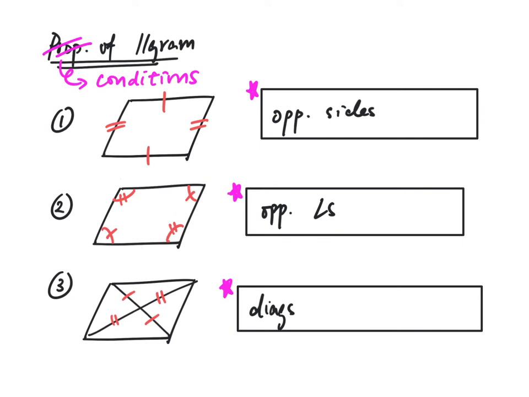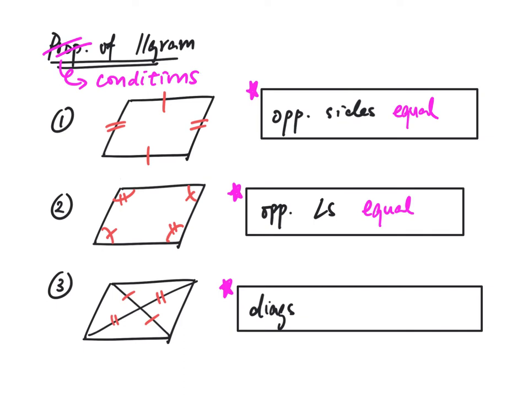And now in conditions of a parallelogram, we're going to prove that a quadrilateral is a parallelogram. We take a look at the converse of the three properties. The first one is about the opposite sides. If they are equal, you say that this quadrilateral is a parallelogram. And then we take a look at the opposite angles. If the opposite angles are equal and you have two pairs of equal angles, you say that this quadrilateral is